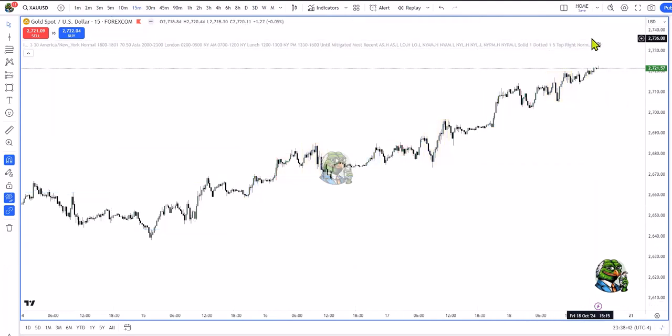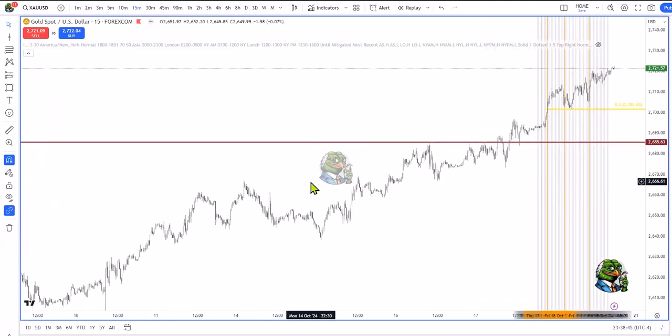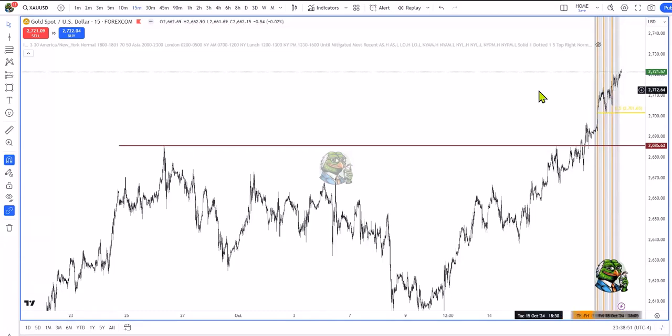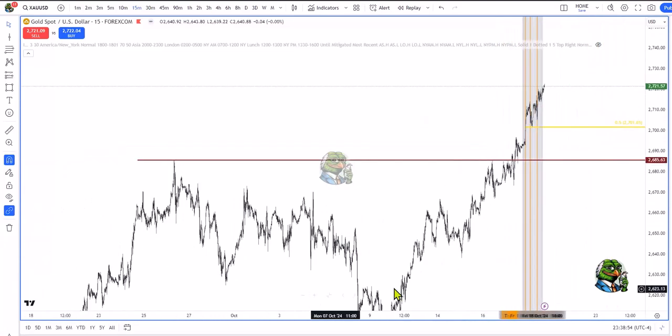Okay, and ultimately, let me just turn these lines back on. We do need to come back to 2685, okay, because that is where the breakout traders have entered the market, right? So this is the previous high. We've gone through the previous high this week, okay, and breakout traders are in the market from that level. So we need to come back down there, 2685. That doesn't mean we come down in 1 day, but what I want to start to see is movement coming down to there, okay, 2685.